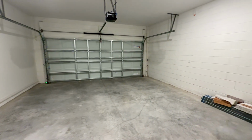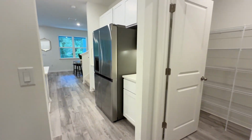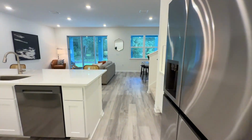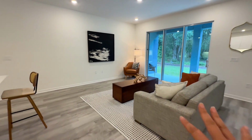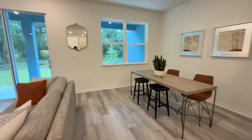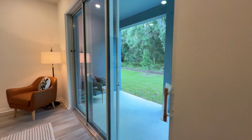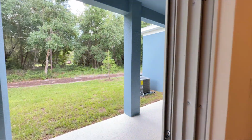So you have your 2-car garage. I've seen other model homes in other areas, and this one, very, very spacious. Again, really large gathering area. A lot of space in the dining area too. And then I'm gonna go again here outside to show you from this model home how it looks from the